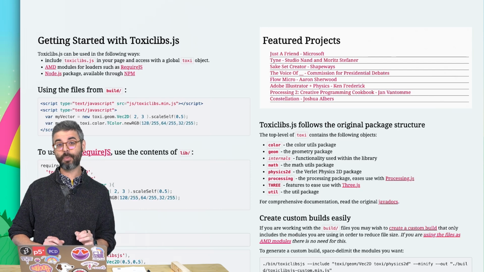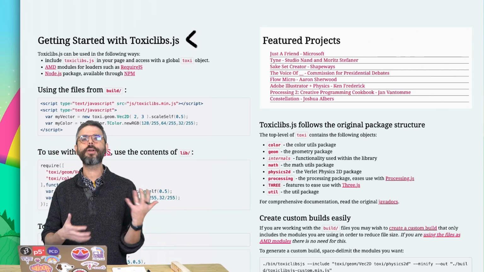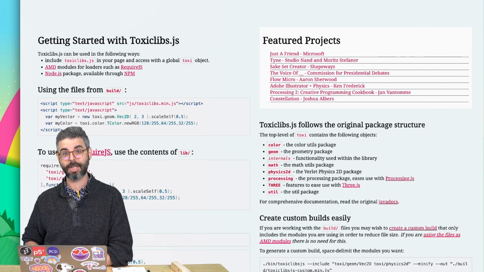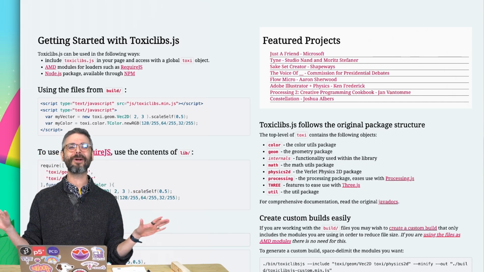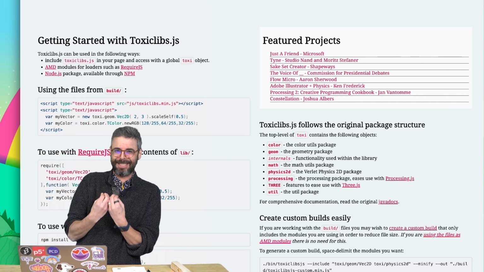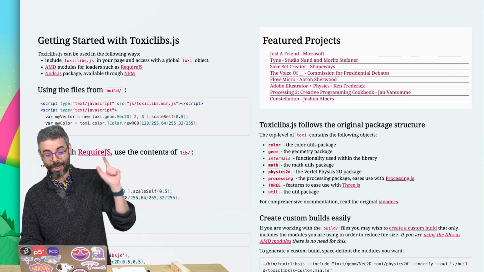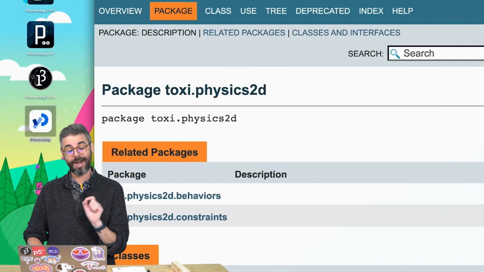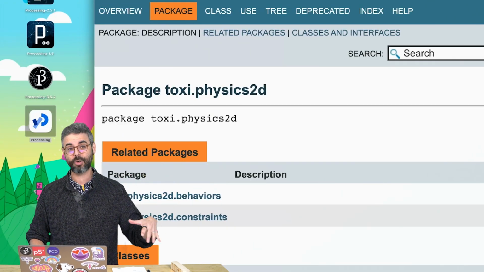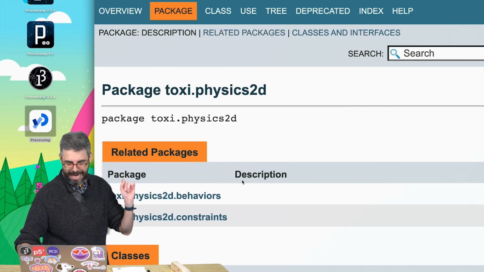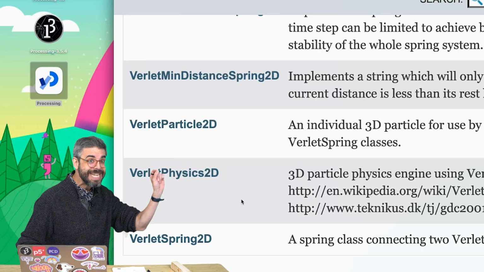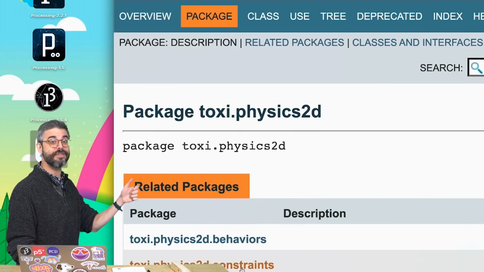The ToxicLibs.js website has a Getting Started section, which will walk you through how to get going with the ToxicLibs library. The original documentation for the Java version is no longer online, but I see it as a personal mission to keep these things alive. So I have actually hosted that library, revived it at a GitHub repository that I've set up that I'll link to in the description. And what you'll see here is that the VerletPhysics2D class is part of the package